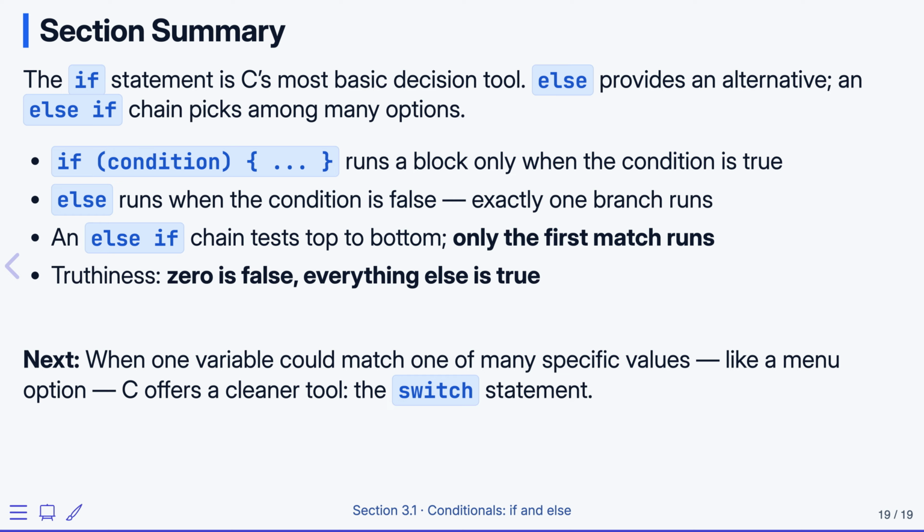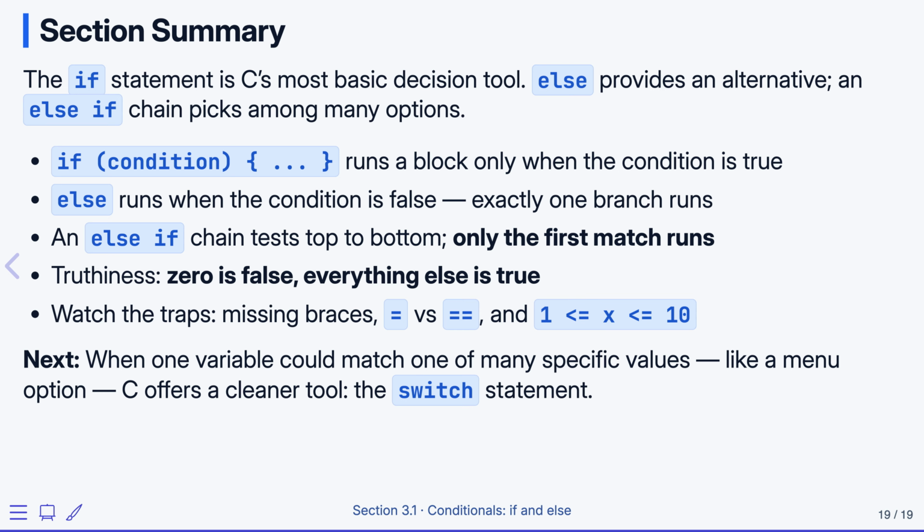Remember C's truthiness rule. 0 is false and everything else is true. And watch out for the 3 traps. Missing braces, using 1 equals sign instead of 2, and writing a math-style range check. Next, when a single variable could match one of many specific values like a menu option, C gives you a cleaner tool. In the next section, you will learn the switch statement,